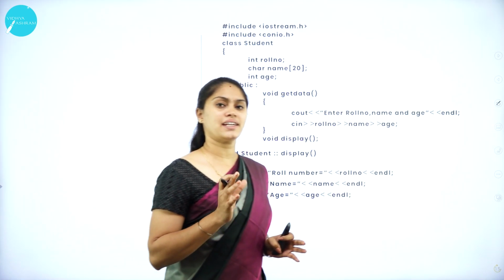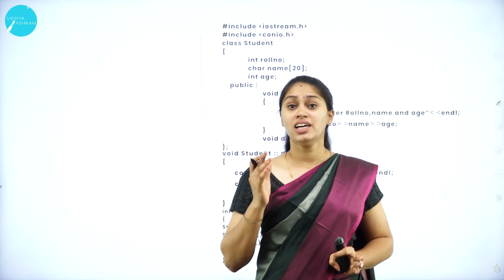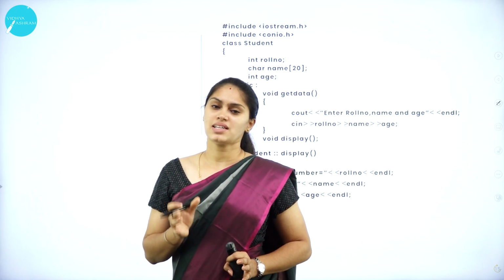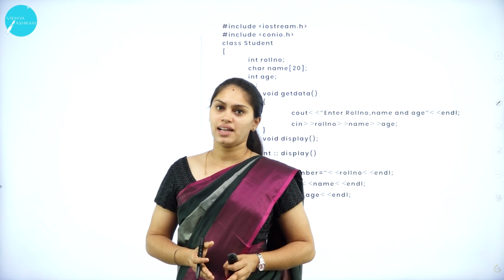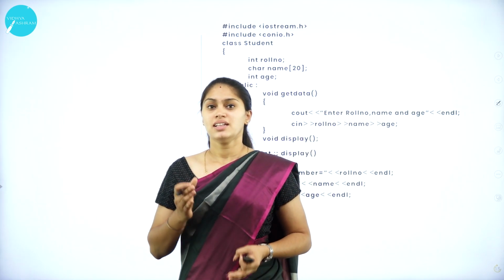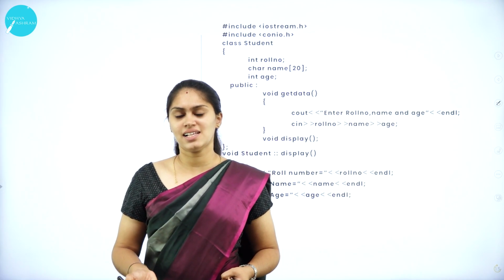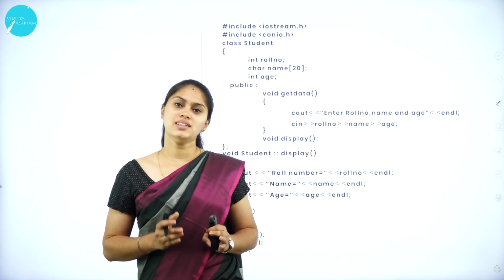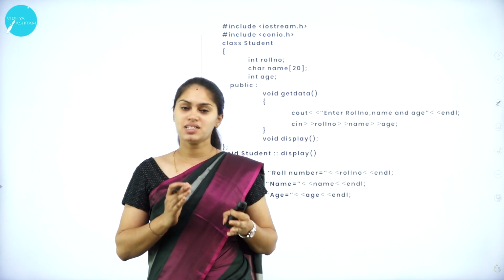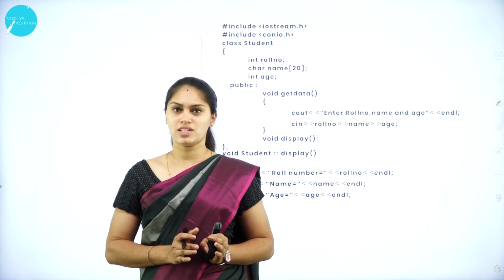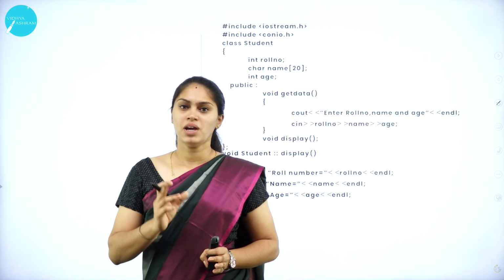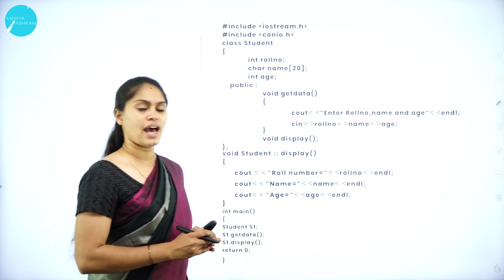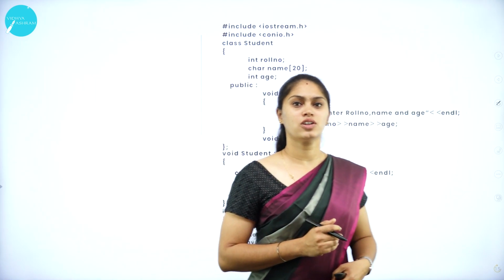Here I'm creating a class called student. As I told earlier, if you are creating any class, then the class name must be relevant to the data members and member functions which reside in that particular class. If I am taking student, this student class should not contain details regarding a car or fruits or something like that. It must be data of the student. That means this class must comprise details of students only. So by specifying the class name, you must be careful regarding the user defined name. So I am going to include two header files, #include iostream.h and #include conio.h.